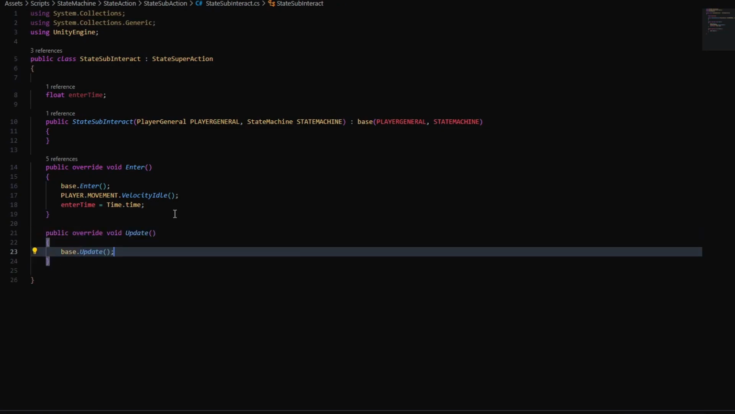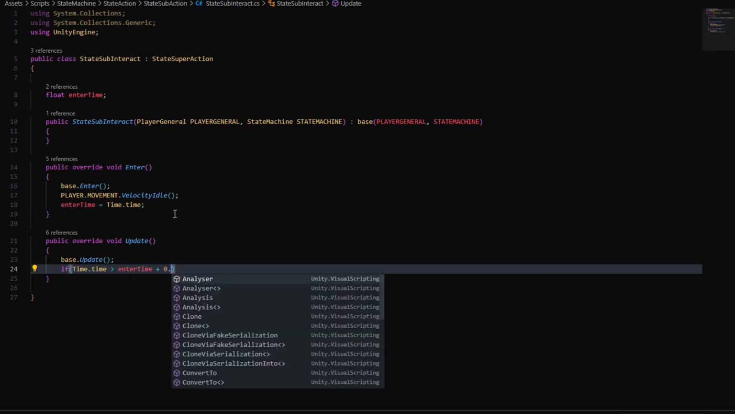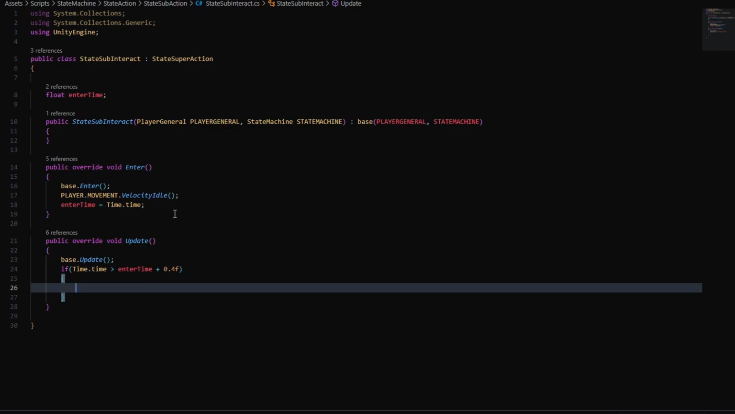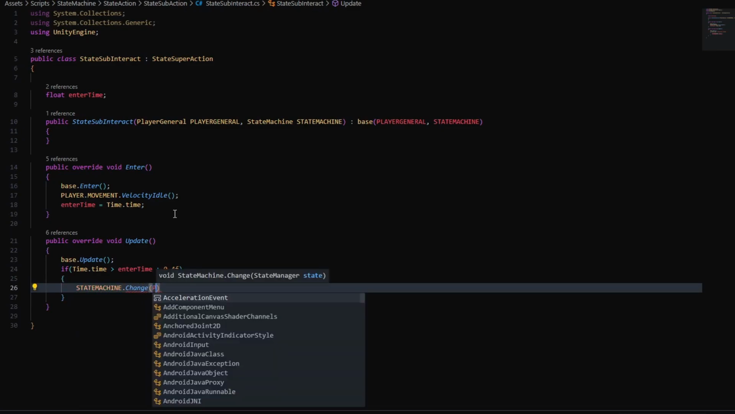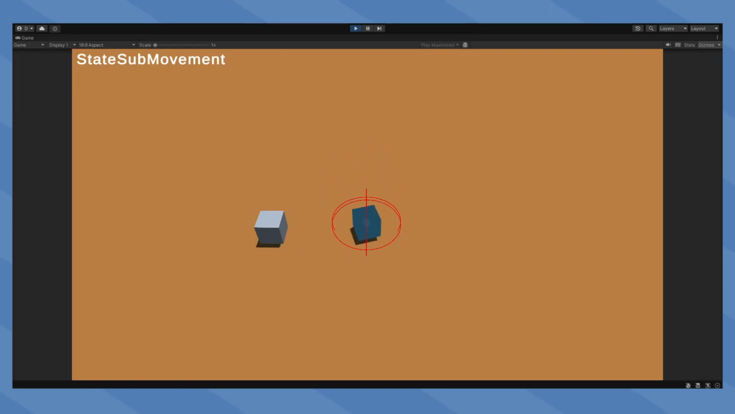And now override the update function and simply say if time.time, so the actual current time is bigger than our enter time plus, and now choose a value or amount of seconds that you want to be in the interact state. So let's do 0.4 here, so we can easily see that we have been in the interaction state. And if that's true, just say StateMachine.change and now change to the idle state. So player.state.idle state. And now let's test it out quickly. Alright, so I'm in Unity, I'm in a game, and now I press the interaction key and yep, we are